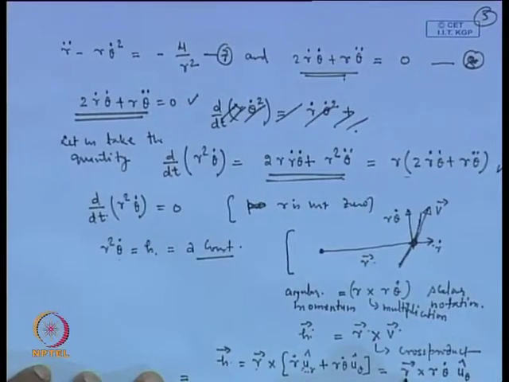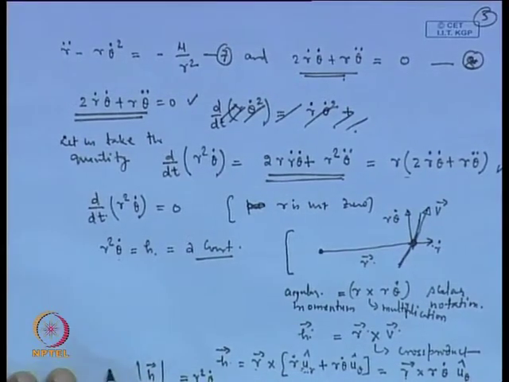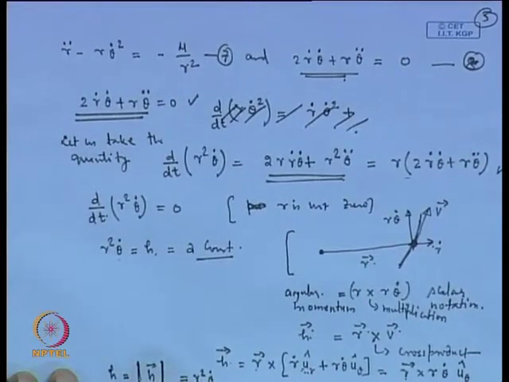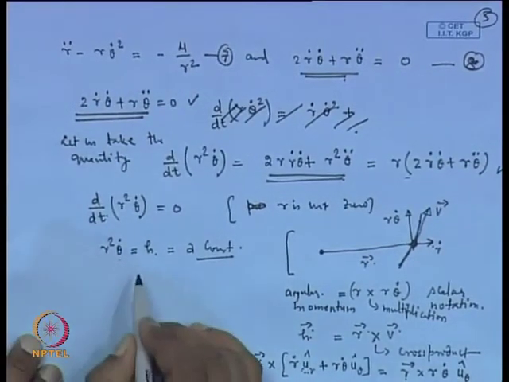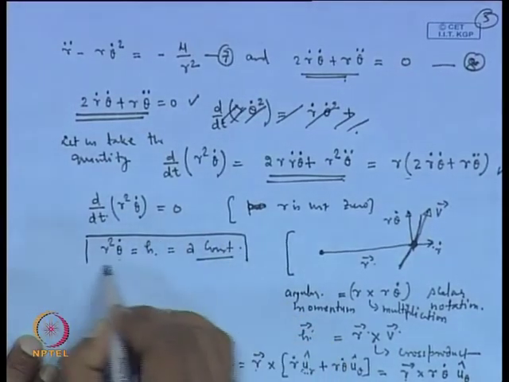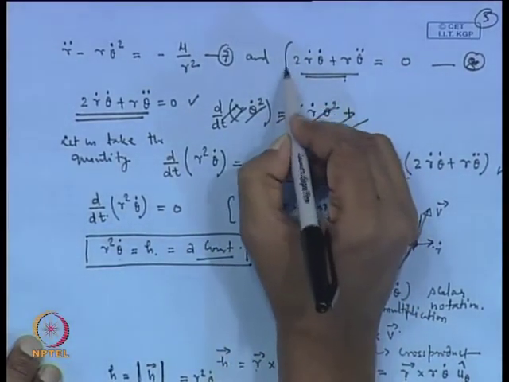So, the angular momentum vector will be perpendicular to both the r vector and the u theta vector. Okay. And the magnitude of this angular momentum vector h can be written as r square times theta dot, because the magnitude of r vector will be r. So, this term makes it r square and times theta dot, and the cross product of unit vectors will give a unit vector. You can easily write h magnitude is equal to r square theta dot. So, this is the information we get from the quantity which is indicated here.